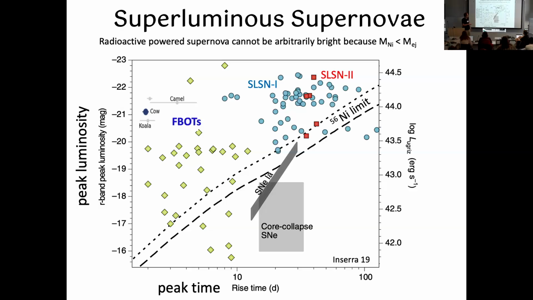And there are several classes of transients which exceed this limit, okay? They're the F-bots, superluminous supernova of type 1 and type 2. And so we know for all of these transients that they cannot be powered exclusively by nickel. In the case of most F-bots, it's probably because,